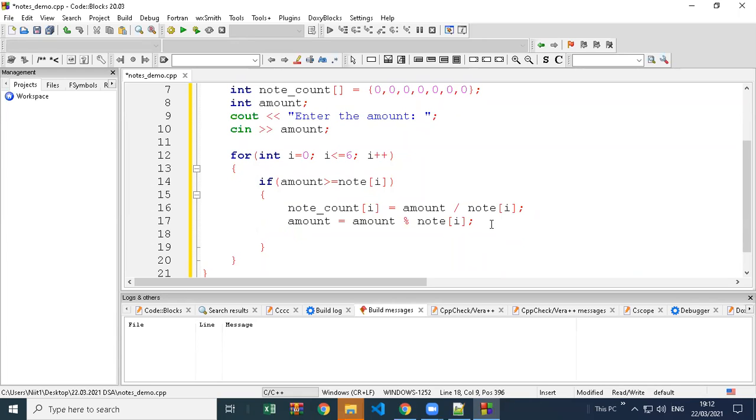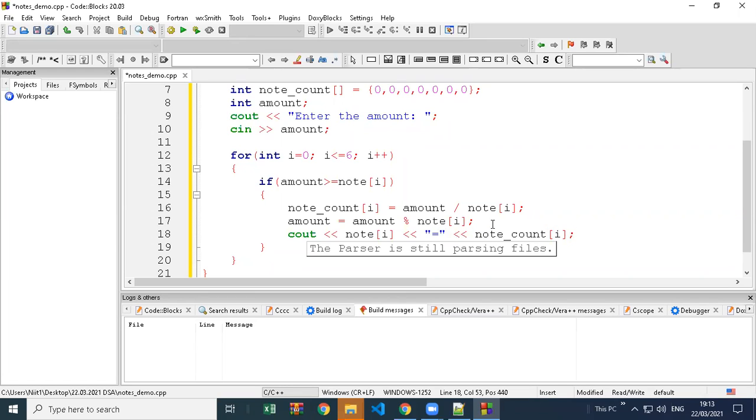Right, cout, then note of I, then again the insertion operator, cout, then double quotes, write something like an equal sign, and then we will give the note count of I. So it will first display the note number and then its count if the note gets divided.